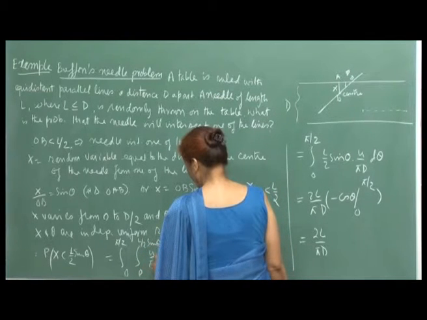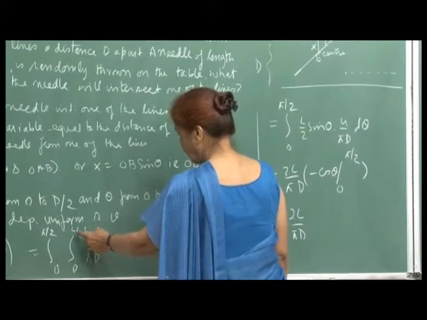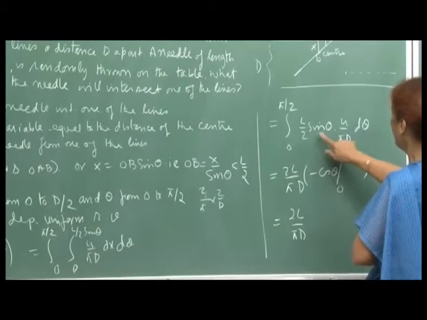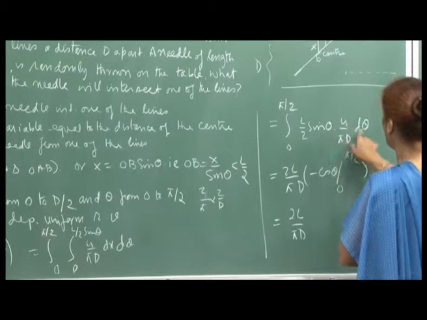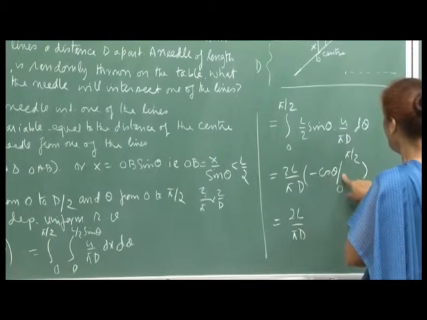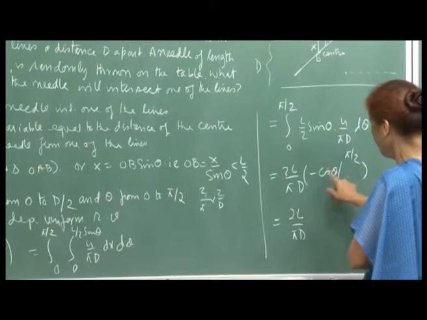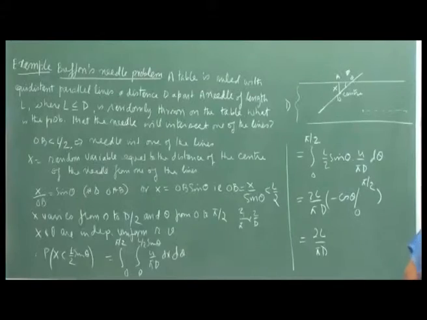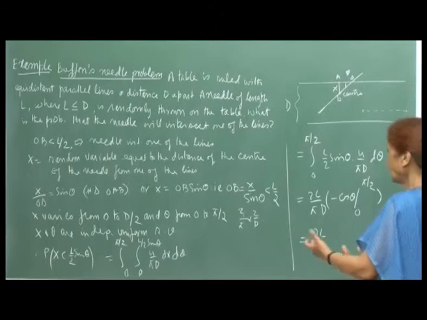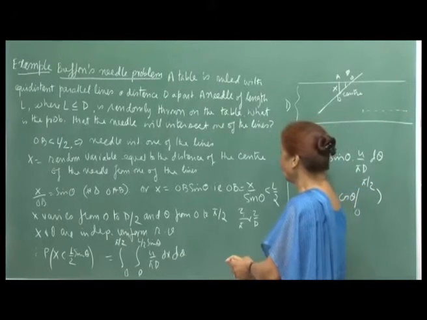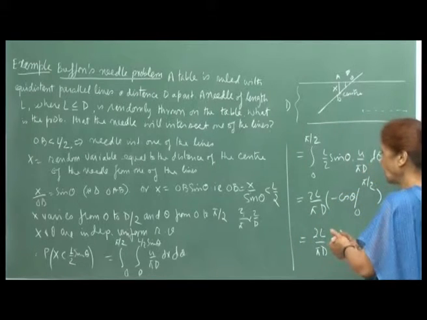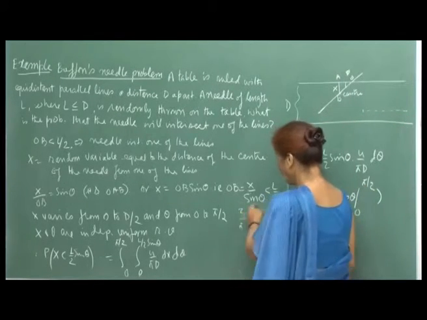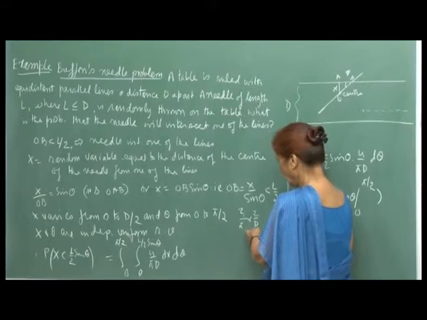So here you integrate with respect to x, and that will be L by 2 sin theta into 4 by pi d, and then you integrate with respect to d theta. That will be minus cos theta from 0 to pi by 2, which is equal to 1. So the required probability is 2 L upon pi d. One can construct interesting examples, and here we use the independence of the two random variables to compute their joint PDF, and then